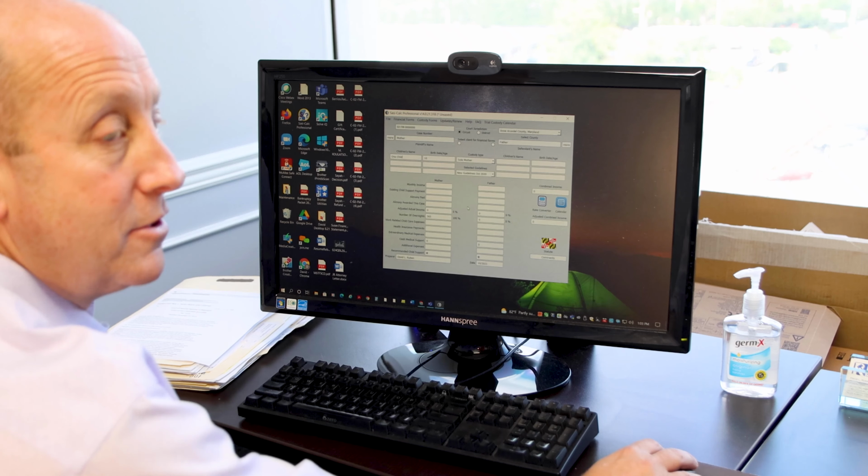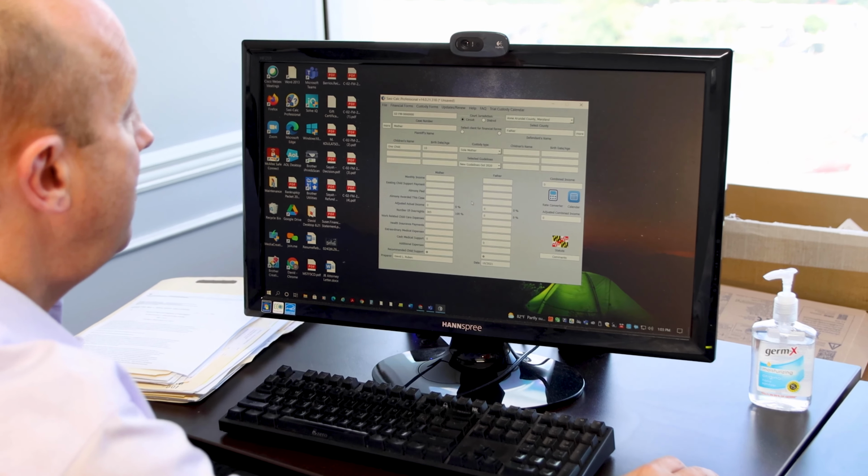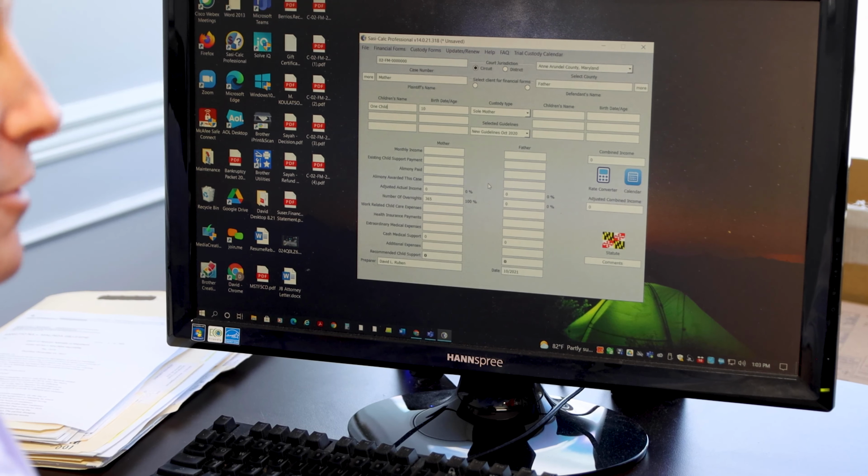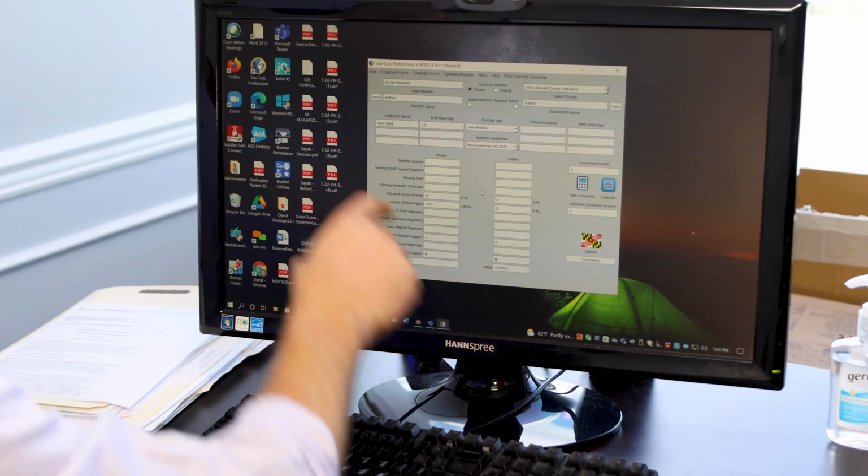A lot of times toward the end of the trial, you'll see a judge pulling up computer software on his computer or her computer, and they'll be doing the guidelines. It would be beneficial for you to know what that looks like, so I'm going to show that to you now. So this is what we call the Maryland Child Support Guidelines Worksheet on the computer program called Sassy Calc